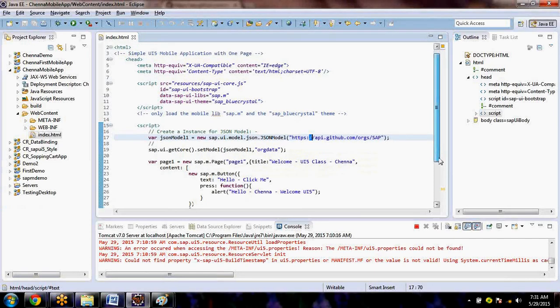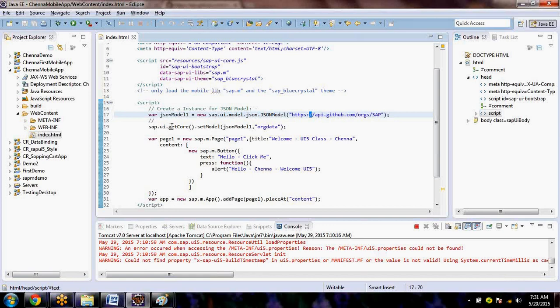So you need to set this data to the core object, getCore. What this is doing is that it makes the data coming from the URL available to the entire application. That means it basically sets the scope of the data, that is, where all you can use the data. If you are not giving this, then you cannot use the data in your elements.